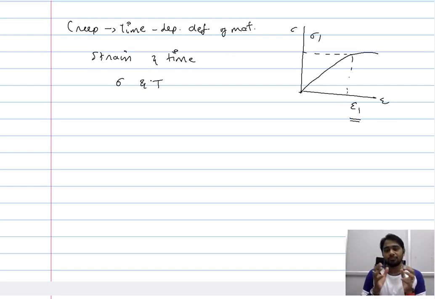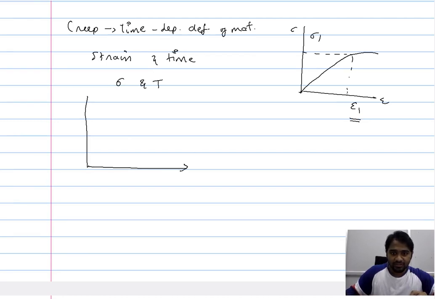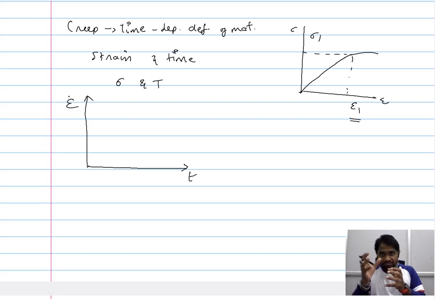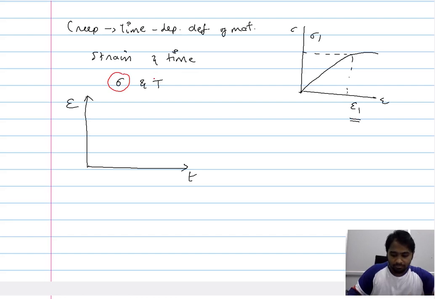Given this nature of creep testing, the way we present the outcome of the creep testing is in this manner, wherein instead of stress and strain, because in tensile testing we increase the stress and calculate the strain, and therefore you have two variables, stress and strain. However, in creep testing, the time is one of the variables and the strain is the other variable. So we are essentially studying how strain changes as the time increases for a given stress and temperature. So these two are the constants that we maintain during creep testing.